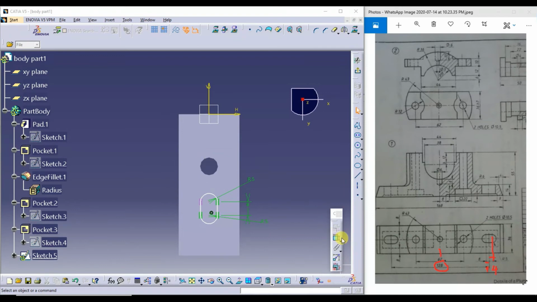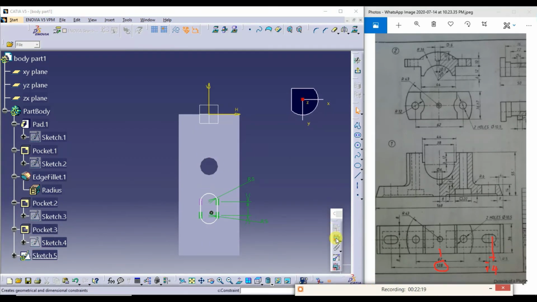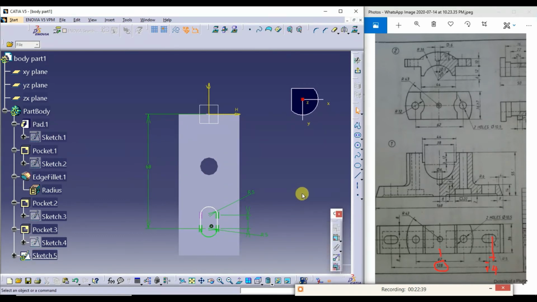So, while giving the dimension, from here to here, half of 128 plus 4, total is 68.